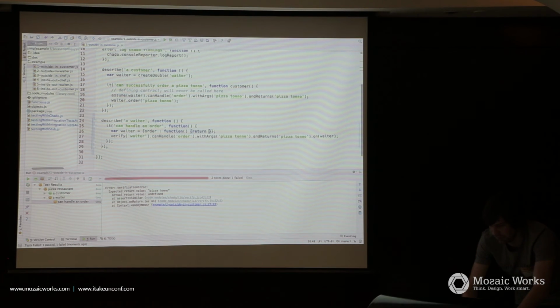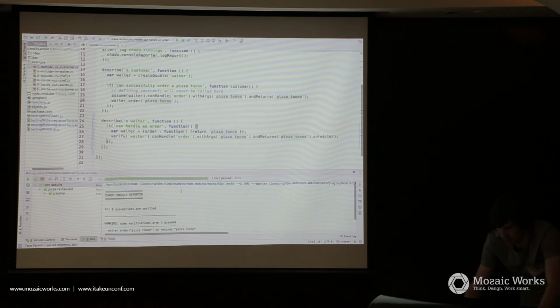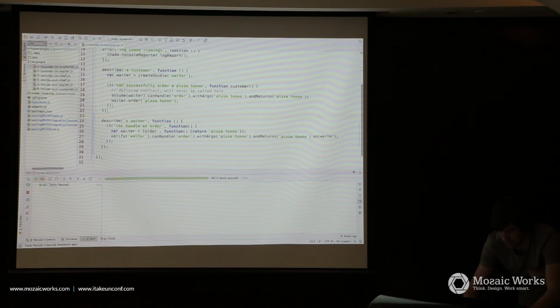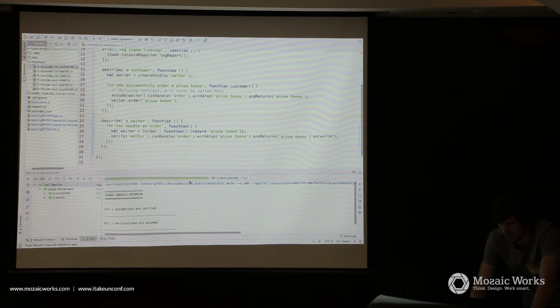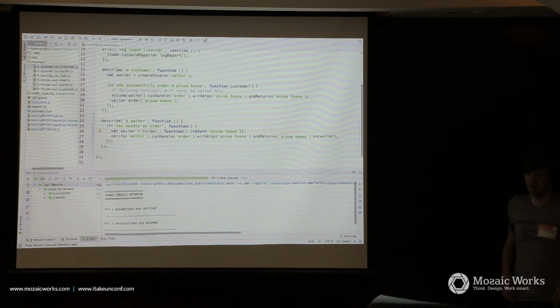So let's return Pizzadonna. And in real life, this line would of course go to your production code. Now everything is okay. So of course that's not the real implementation what we wanted to do.